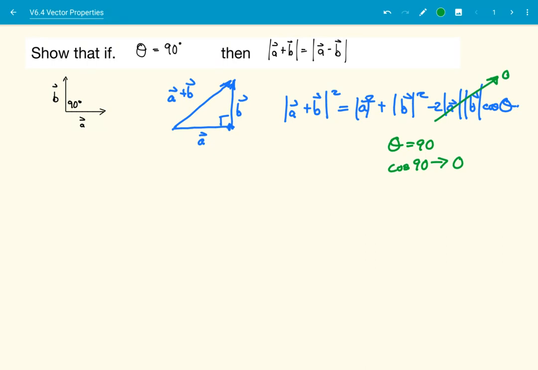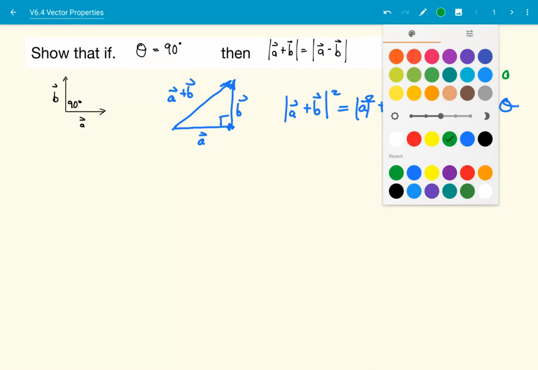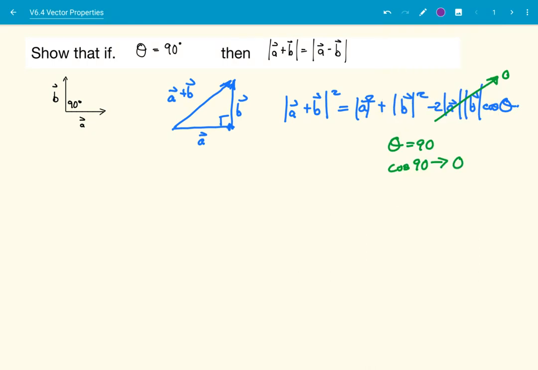Well, what happens if we go the other way? It's A minus B. Well, it's a very similar sort of thing. So it ends up becoming a bit of a check. So now it's negative B, and this resultant is A minus B. So the magnitude of A minus B